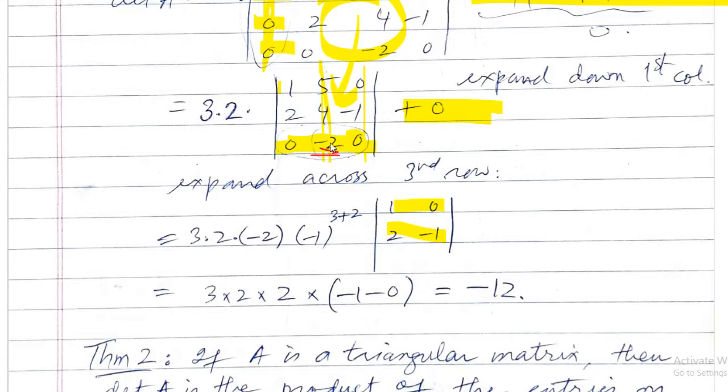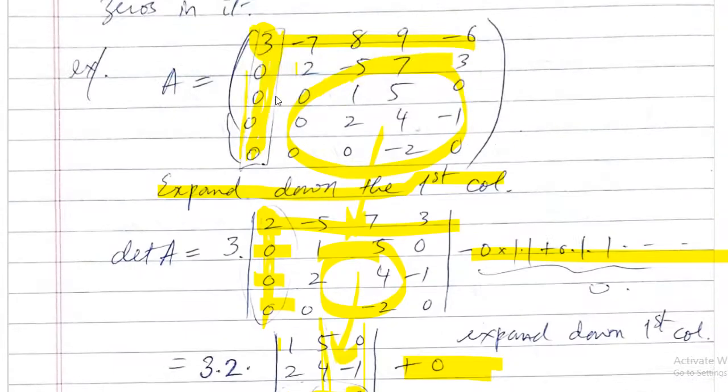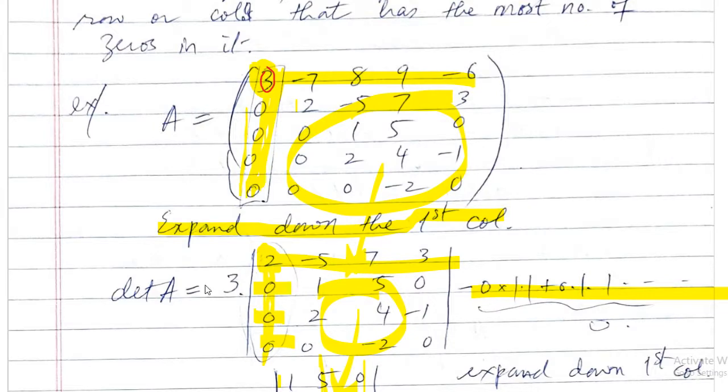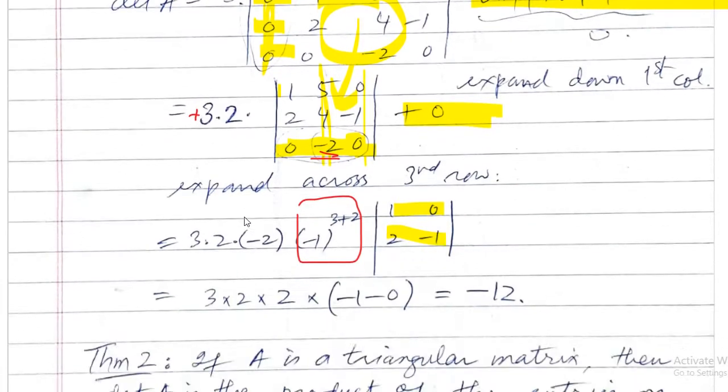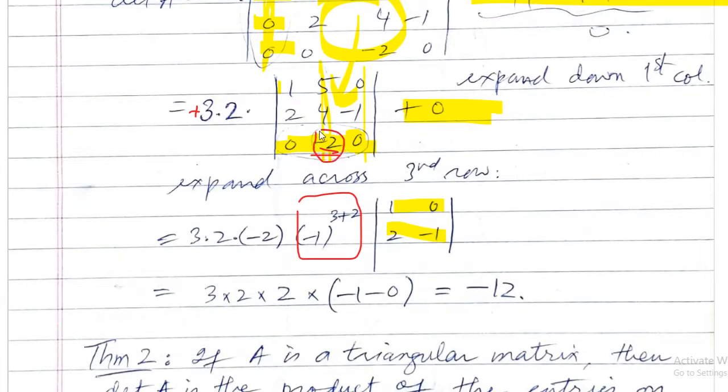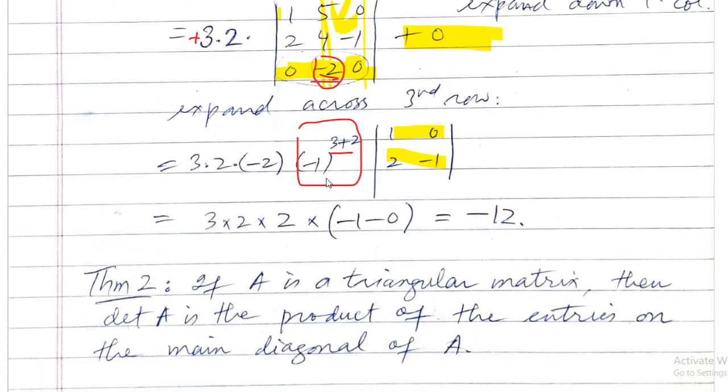Now what is the position of this minus 2? Third row second column. So you see, third row second column gives you a minus sign. Because here it was first row first column, so it is plus. I did not write anything. Again this 2 is first row first column, so again it is plus. But now this is third row second column. Third row second column is 5, so minus 1 to the power 5 is minus 1. So that's why I got minus outside. So the minus 2 from here and minus 1 from here make it plus 2. So this minus and this minus make it plus.